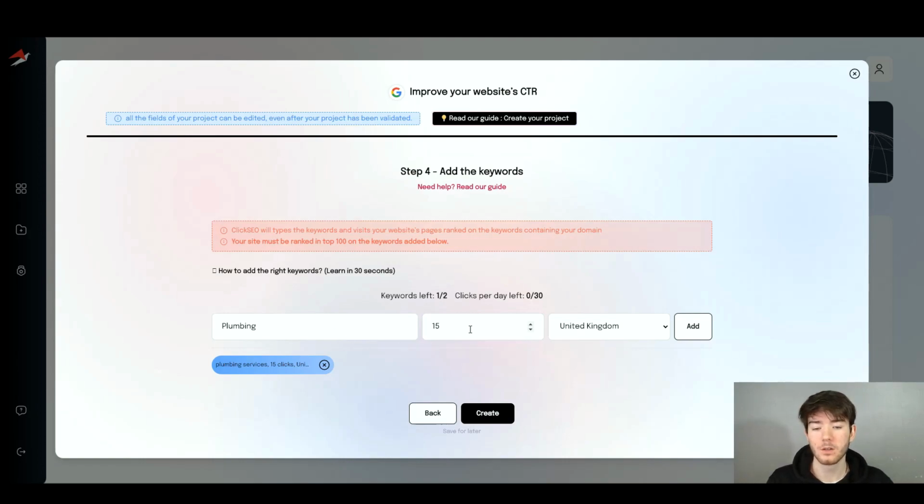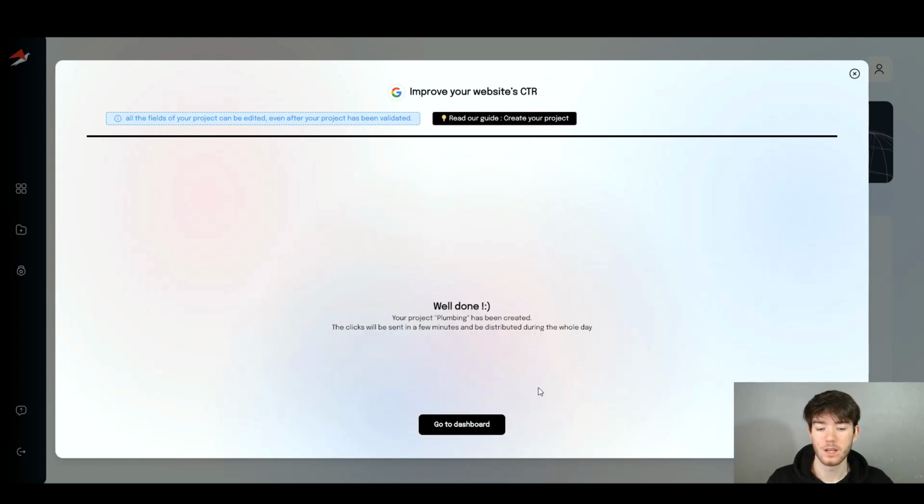So I went ahead and put in another keyword. We've gone with plumbing with another 15 clicks and in the United Kingdom, and we're going to click add as well, and we now have our second keyword ready to be generated. So once you're happy with all your keywords and how many you've put for how many clicks, you can click create, and it then creates your project ready to actually be distributed throughout the whole day, as it says here